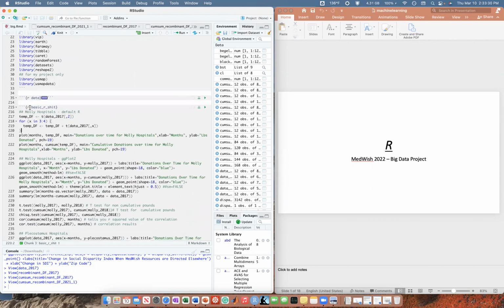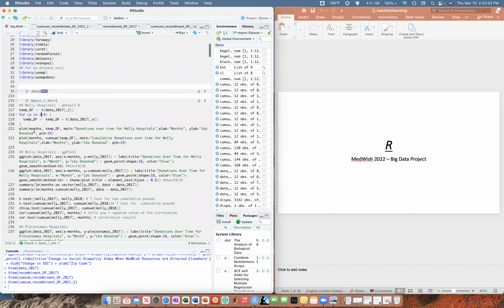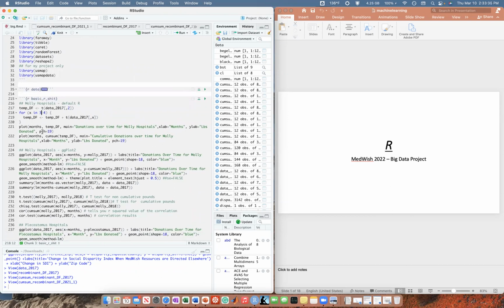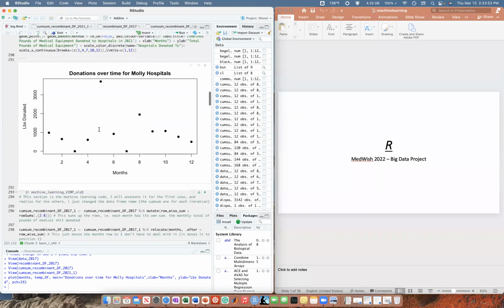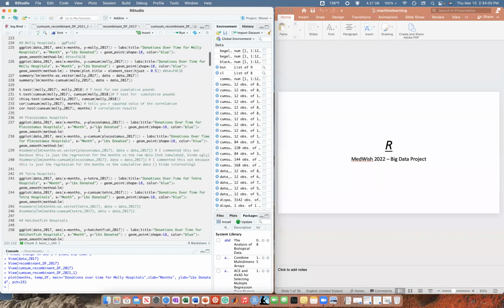Now, this stuff, as I wrote here, is pretty basic. What this generates is little plots. This is called base R because I'm not explicitly using any packages for this. Honestly, I don't even need this code, but anyways, this just plots it. I'm going to press command enter on my end, and down here you should see a pretty little graph appear. These are the donations over time from all the hospitals. Looks cool, kind of boring, honestly.